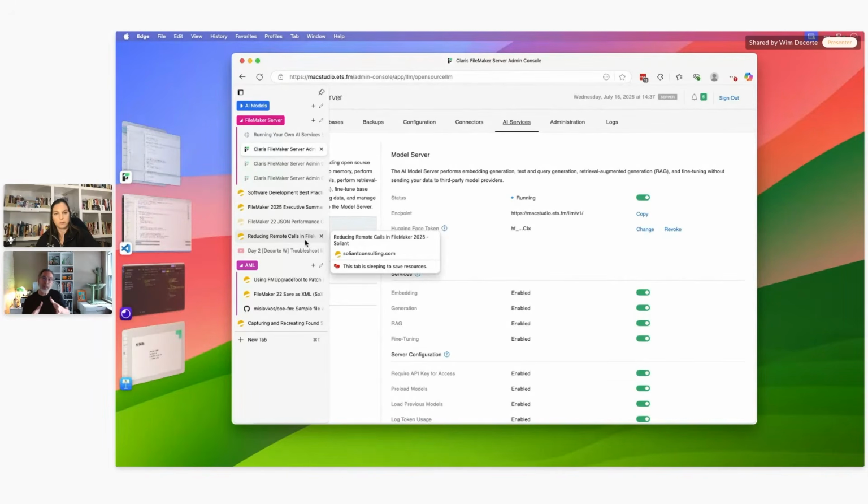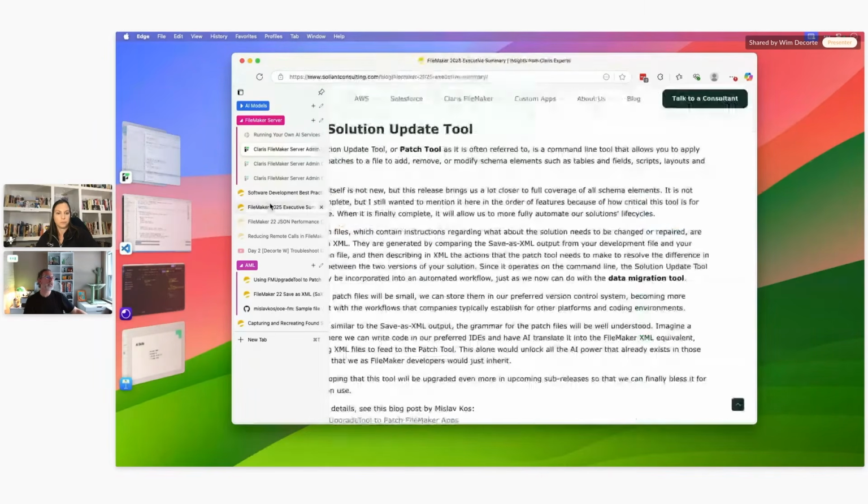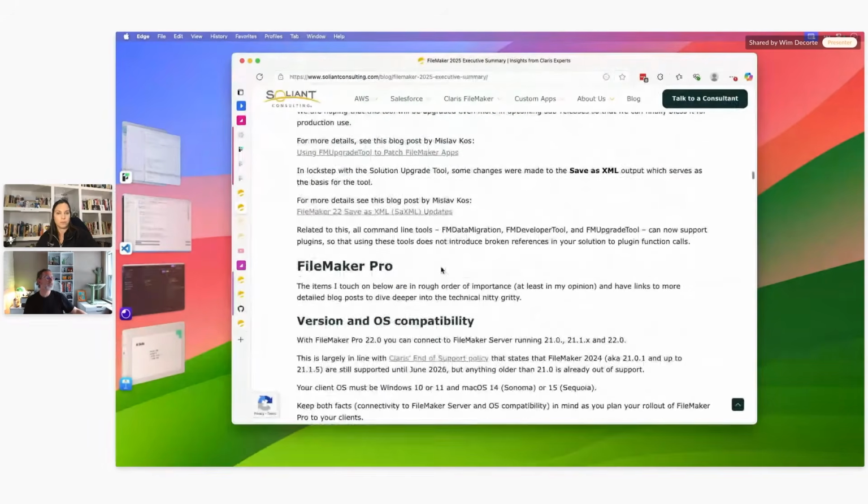So now's the time to do that, and that's what we're doing at Soliant. That's what Mislav was writing about, and Mislav will have a webinar like this one to talk about specifics for this. So now's the time to start thinking about this because it is really important.